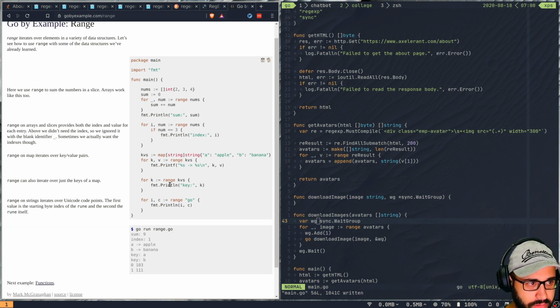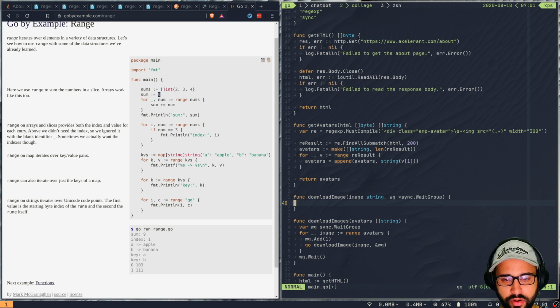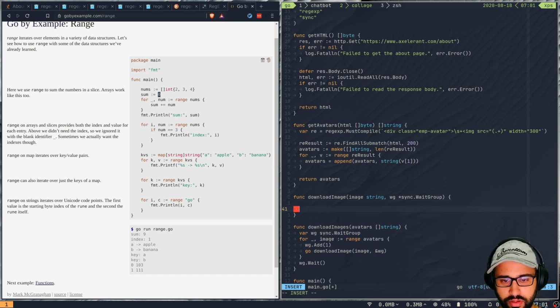There's a key value over here. We have keys here. Yeah, that is pretty much it. So keys wouldn't work. So let's just do an underscore because we don't want the iteration value. And yeah, that should be it. So for now, if we just run this, like just do a